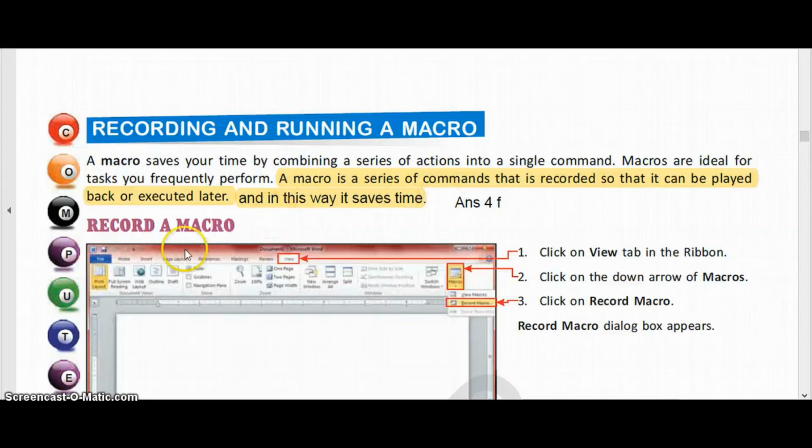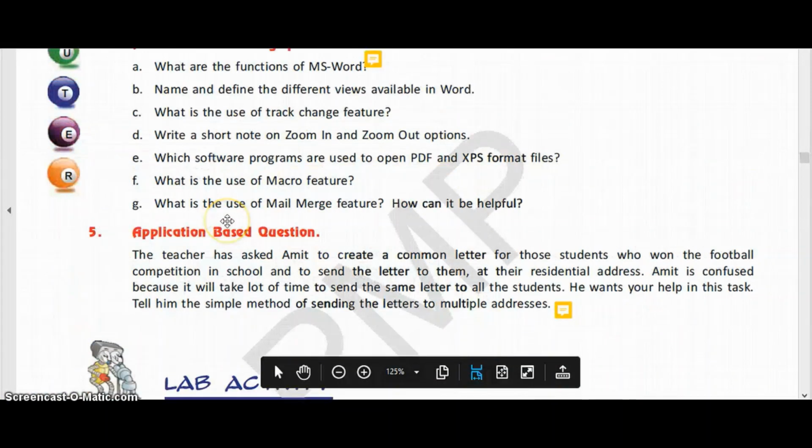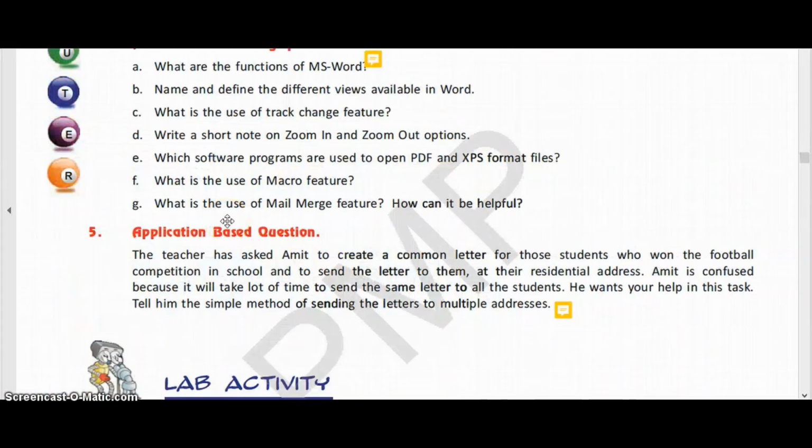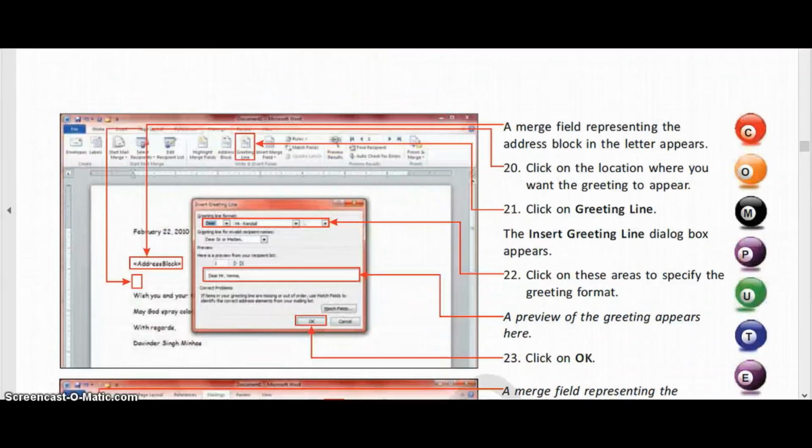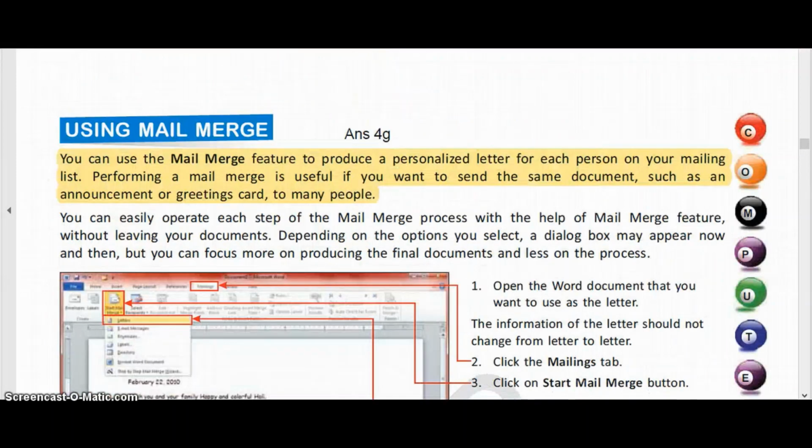Now next question. What is the use of mail merge feature? How can it be helpful? So we have to give two answers, and the answer to this question is on page number 43 of your book. You can use the mail merge feature to produce a personalized letter for each person on your mailing list.